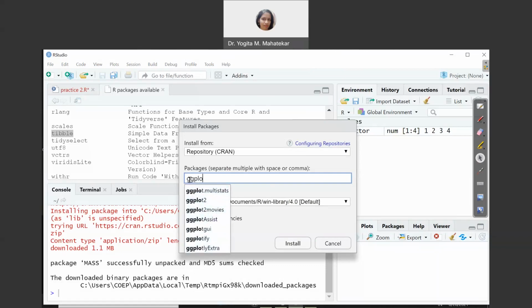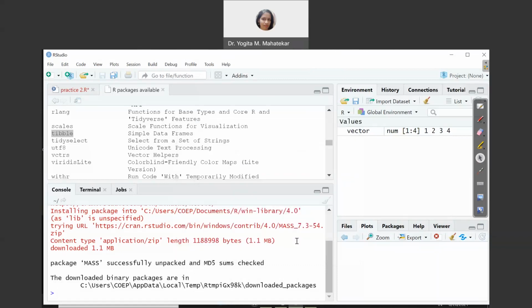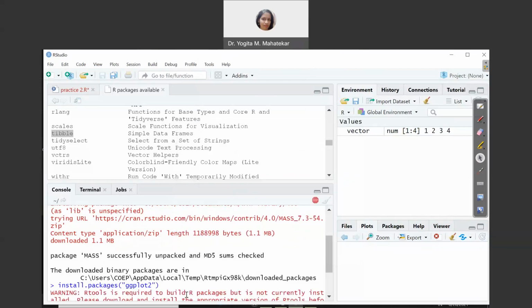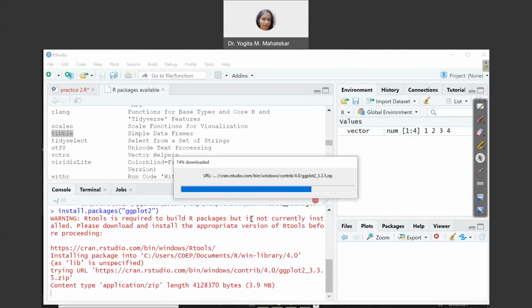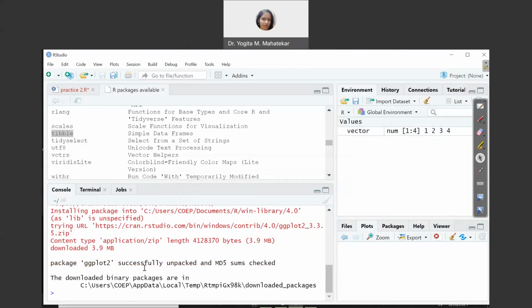So suppose I type ggplo and I have to install ggplot2 or any other package, you may take that name and just say install. Now the installation of ggplot2 is starting, and after completion it will show that it is unpacked successfully and installed. Unpacked means it is installed on your RStudio. So this is another way of installing packages on R.